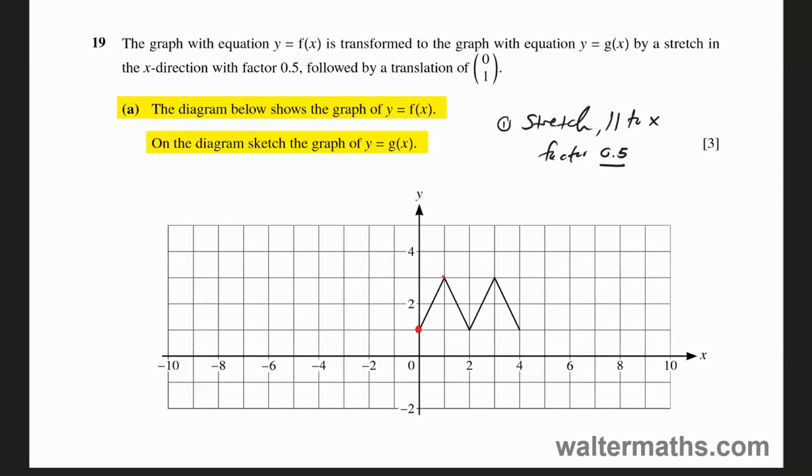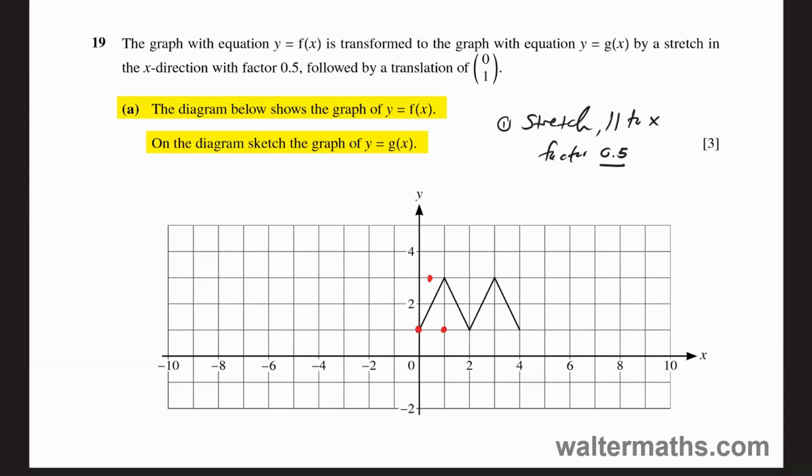And this point has an x value of 1, right? So 1 times a half is a half, so it will be transformed onto this point. This point has an x value of 2, so 2 times a half is 1, so it will be transformed